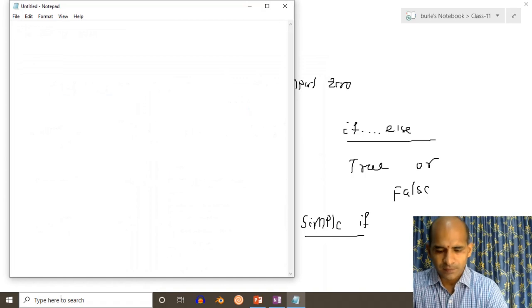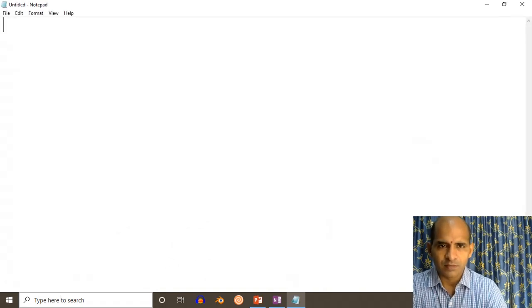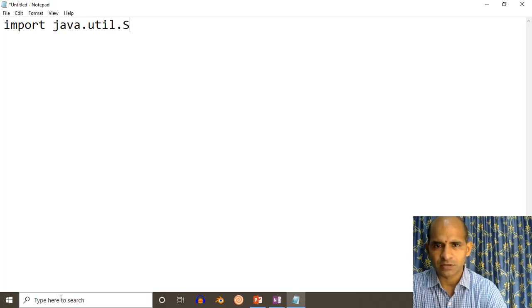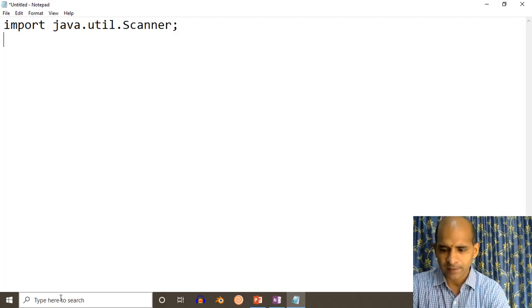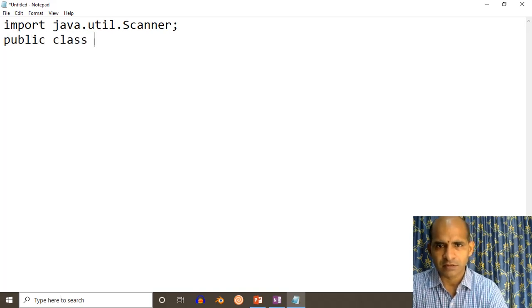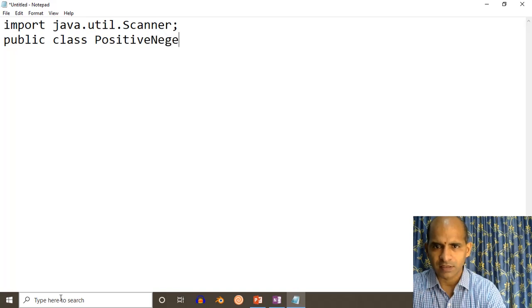So: import java.util.Scanner; public class PositiveNegative.